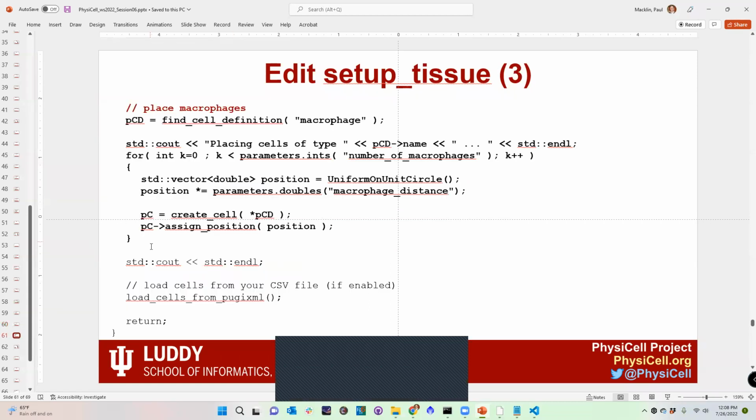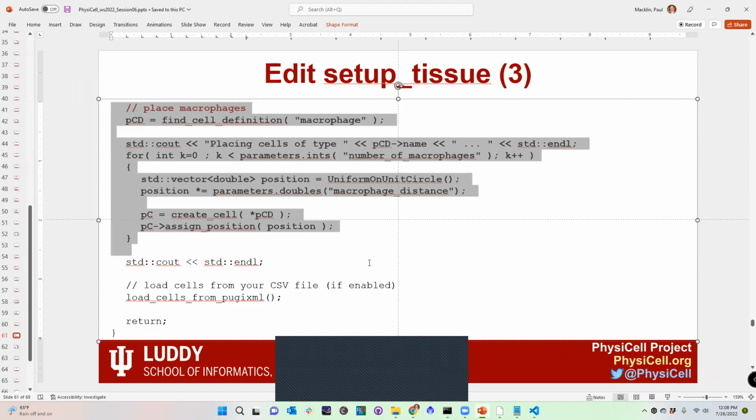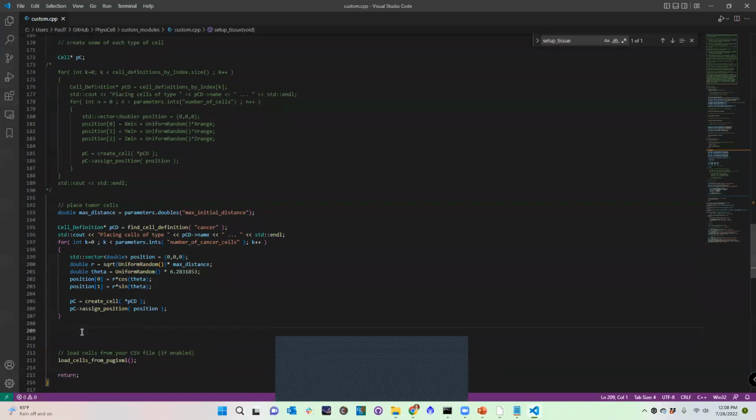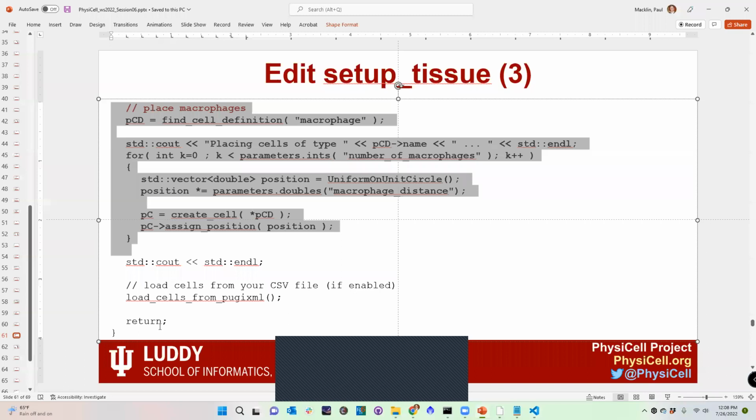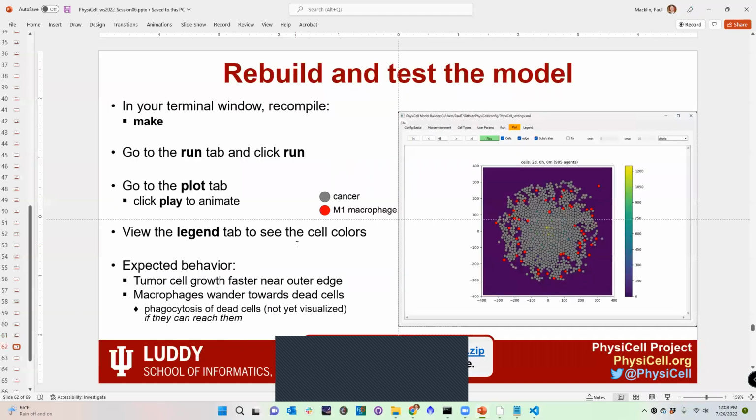And then I'm going to place macrophages, same kind of deal. I'm going to make another loop right here, saying find my macrophage definition, figure out how many I should be placing. So until I reach my number of macrophages, I'm going to pick a random position on the unit circle and make that my position, multiply it by the radius, and then create and place my cell there. And that is it. So I'm going to rebuild